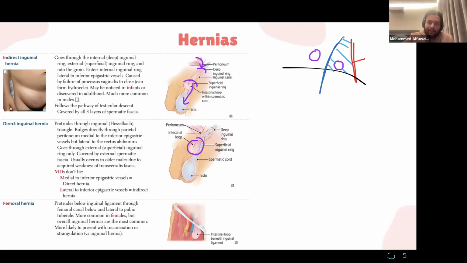Laterally, you'll have the epigastric vessels, and forming the inferior border, it's a triangle, is the inguinal ligament. This is Hesselbach's triangle. The floor of it is formed by the transversalis fascia. If you have a weakness of this transversalis fascia, a hernia can develop in it, which is the direct inguinal hernia. Typically, it's an adult patient